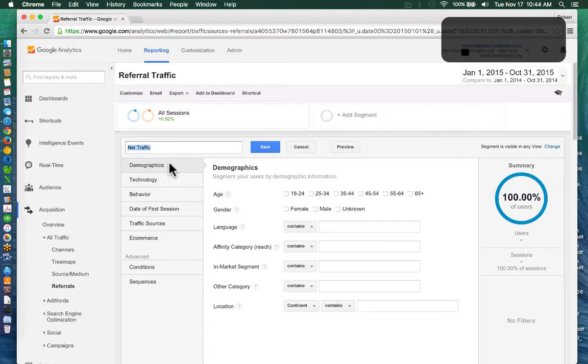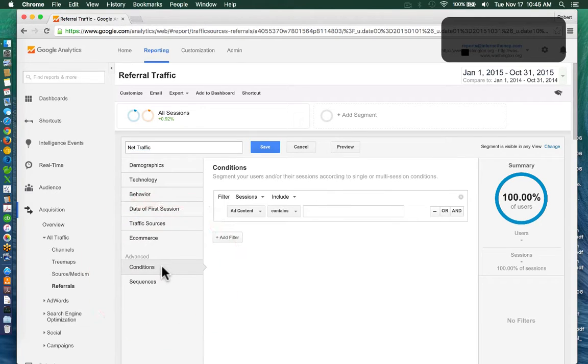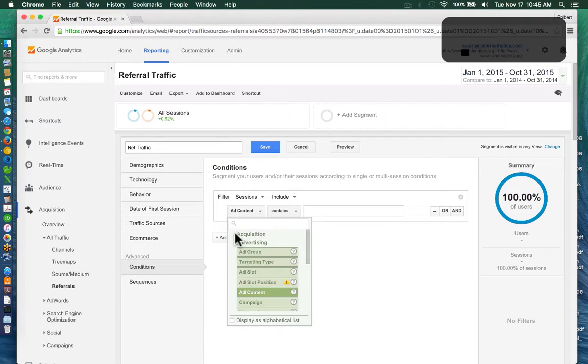And inside of this, there's all kinds of ways that we can segment the traffic to the website by demographics, what they've done, traffic sources, e-commerce. We're going to go into conditions. And in conditions, it allows me to set up one or more with various logic. So let's go through that. We're going to filter on that referral